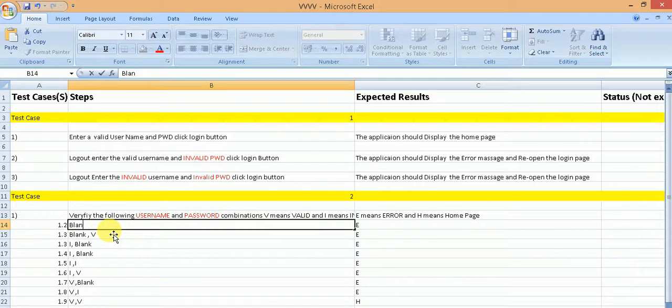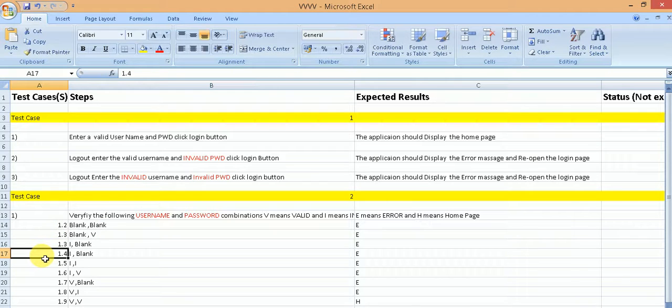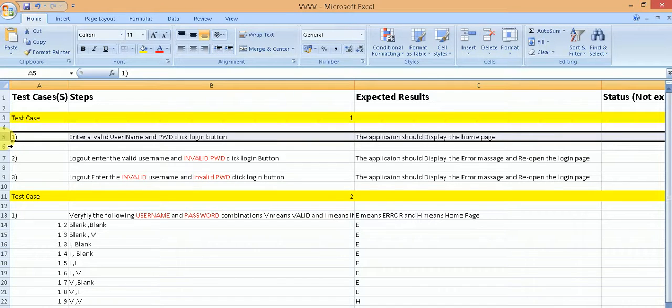So it is easy to update also, and because it has been written in a systematic fashion, chances of mistakes are less. Unlike the ordinary test case number 1, where there is a lot of text and chances of mistakes are very high unless someone spends a lot of effort in going through the entire steps and the expected results and makes sure everything is correct.